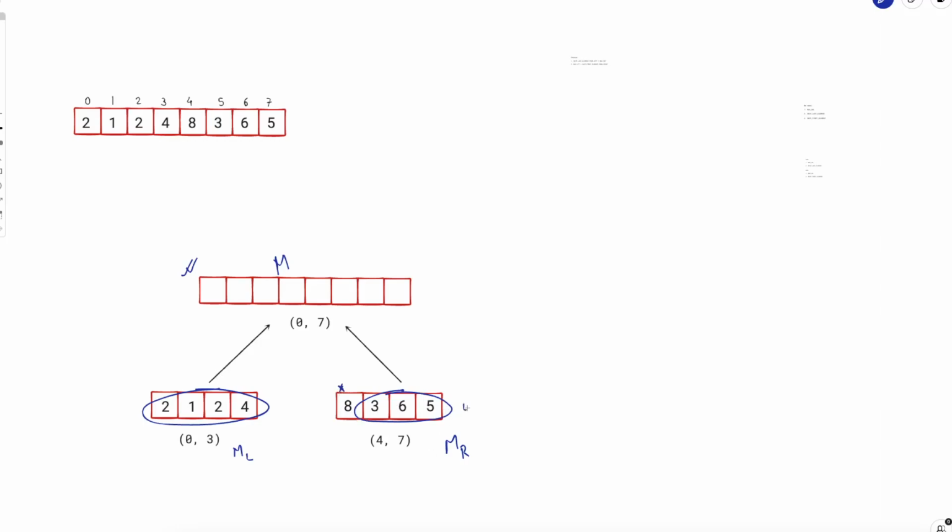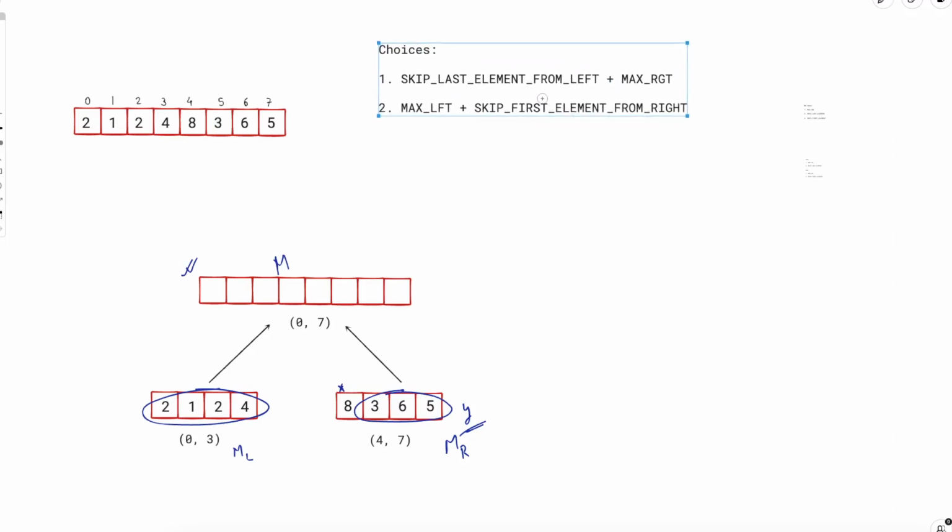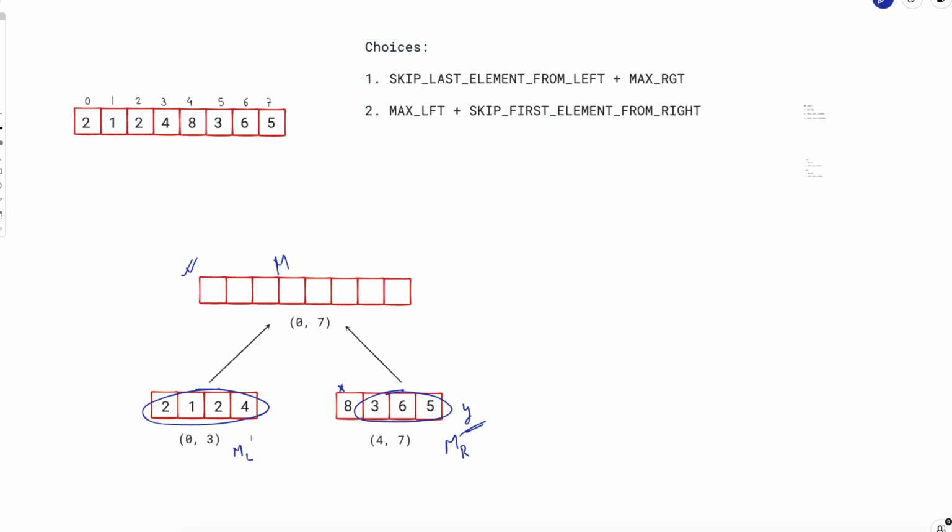Let's call this y, and one other candidate would be ml plus y, because even though you have taken 4, that's fine, since you are not taking 8, so you will not violate any of the criteria, right? So in total you want 3 different things. One, you want ml and mr for sure, right? That is max left and max right. Now the other thing you want is,